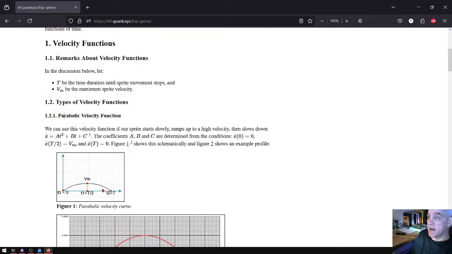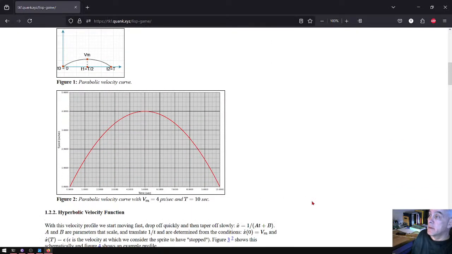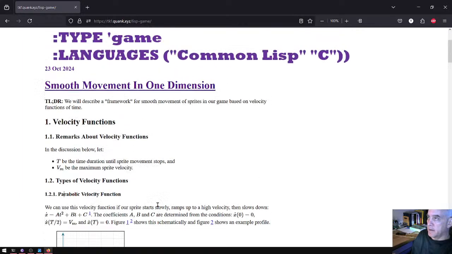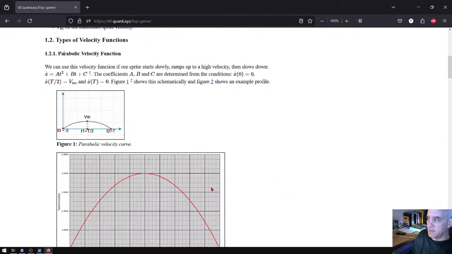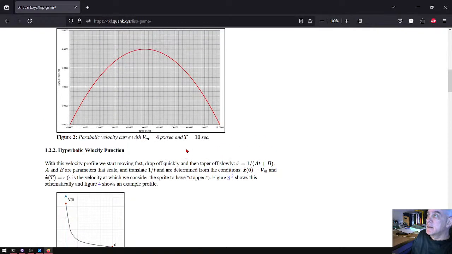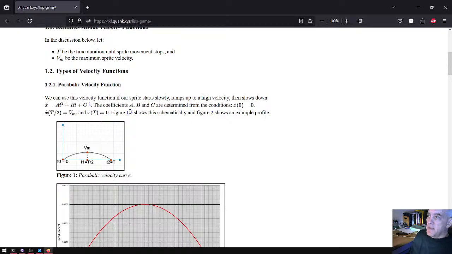So a smooth ramp up, smooth ramp down. Here's an example where all of our velocities are in pixels per second, and time is in seconds. So here we have 4 pixels per second and a duration of 10 seconds, and we have a parabolic curve which we fit to it. And A, B, and C